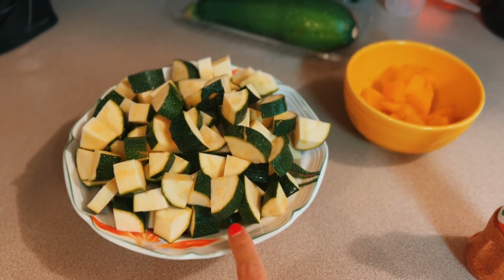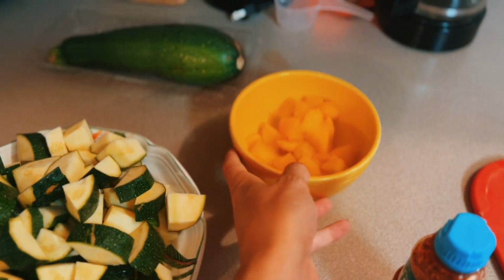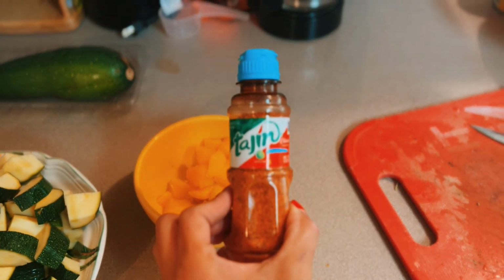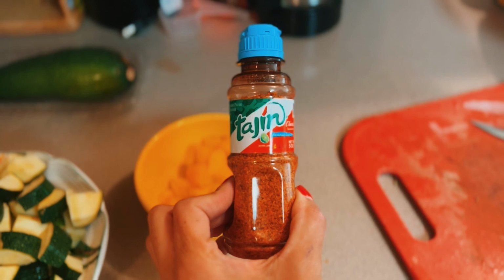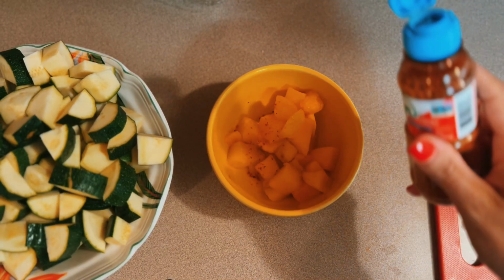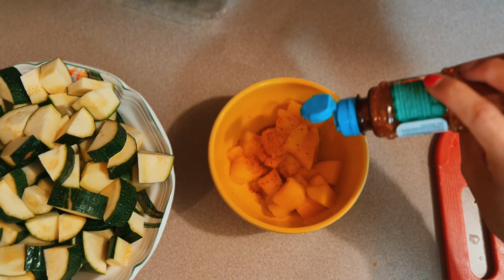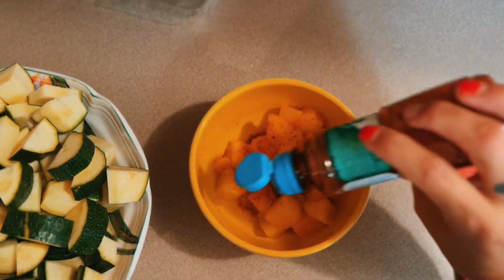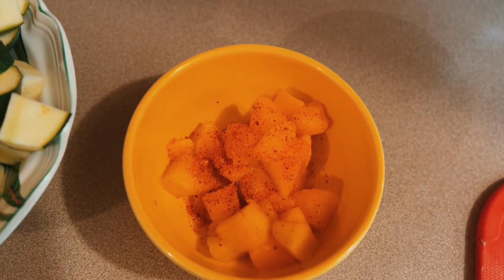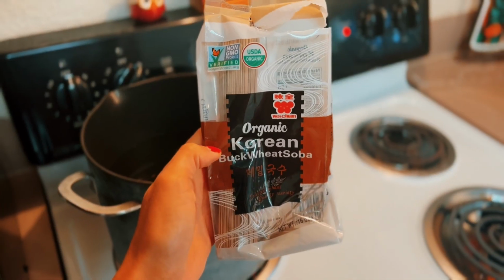You're always going to see me chopping up some vegetables. So here's the zucchini after it's all nice and chopped, and I've got my mango out of the microwave now. So this is what I like to put on top, the tahini. I hope I'm saying it right. That's how I hear people say it. And it is really flavorful. It's got a little bit of the lime flavoring, and it's really good. It adds a nice little kick to the sweet mango, and it's going to be a nice snack while I